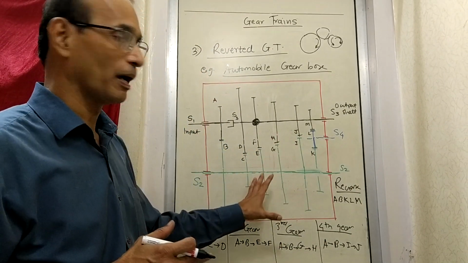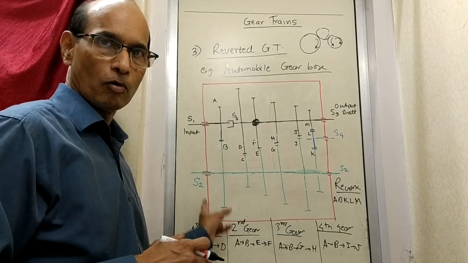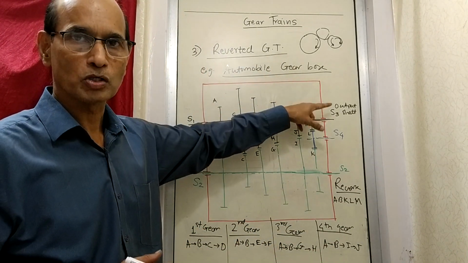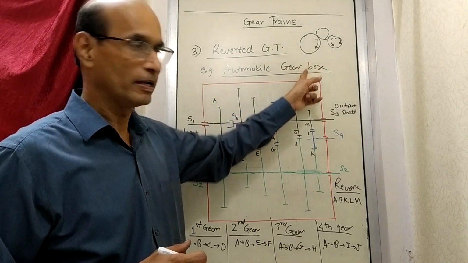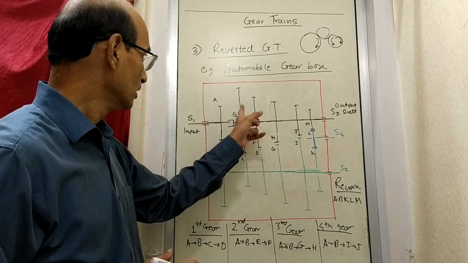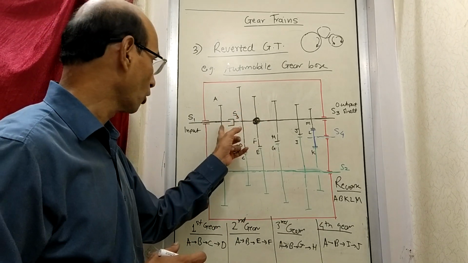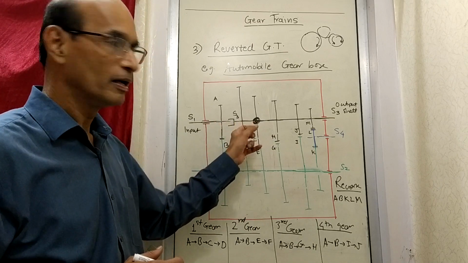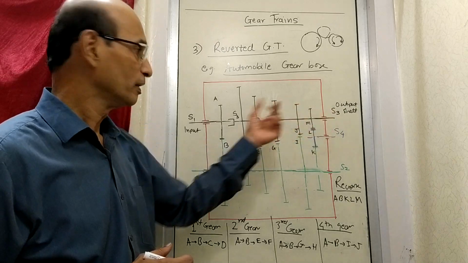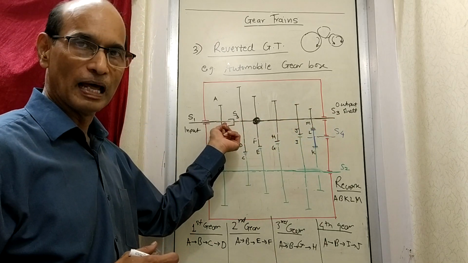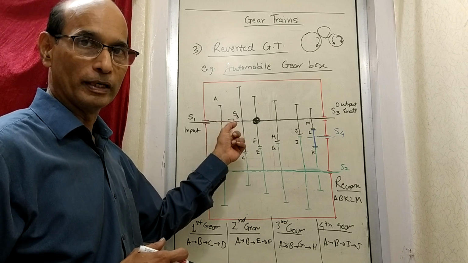As far as our study is concerned, we are supposed to understand the mechanism of how this automobile gearbox works. It is a case of a reverted gear train. This is how it is a reverted gear train, because first gear, second, third and the last, fourth gear, is brought in line with the first gear, and the way it is shown here, the speed of S1 and the speed of S3 can be different. They are in one line, but they are not joined physically. They are not tied together.